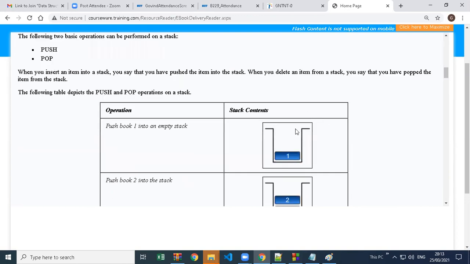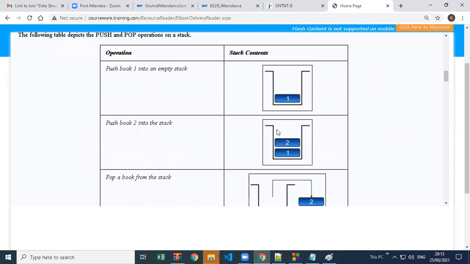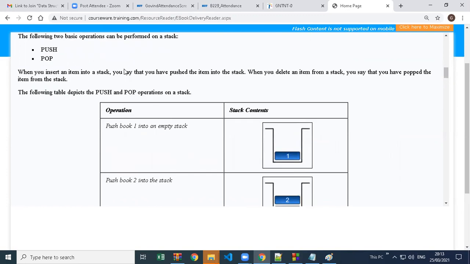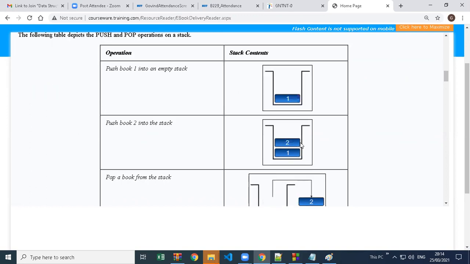Push means you put the item in, and pop means you take the item out. Push and pop are the two operations you can do in the stack.